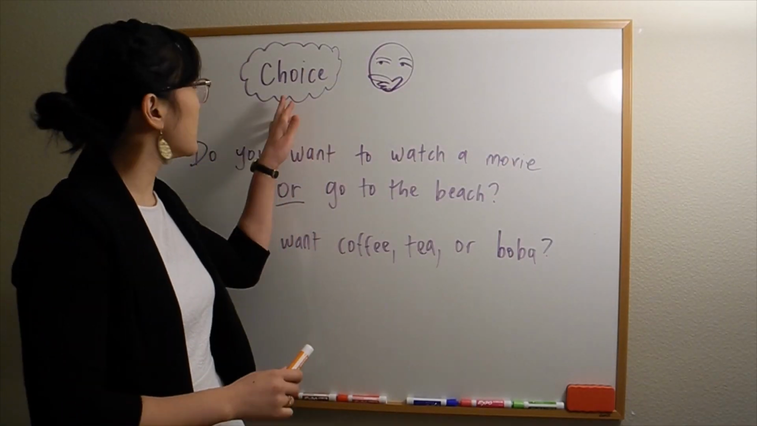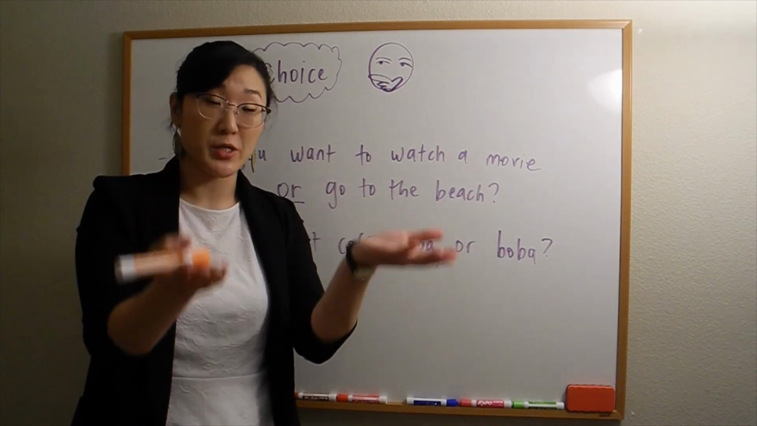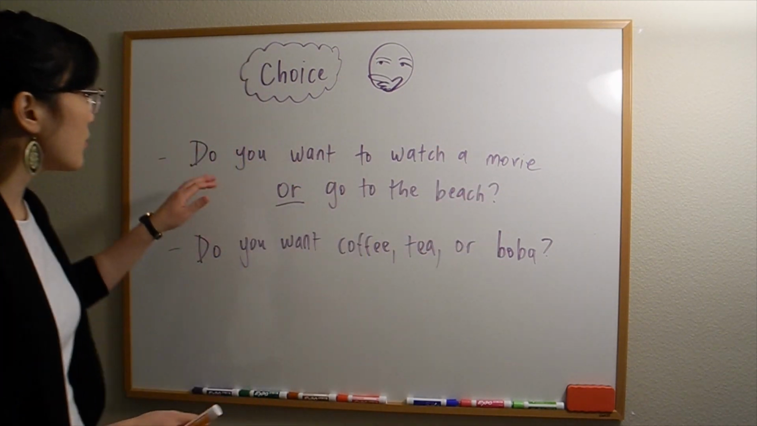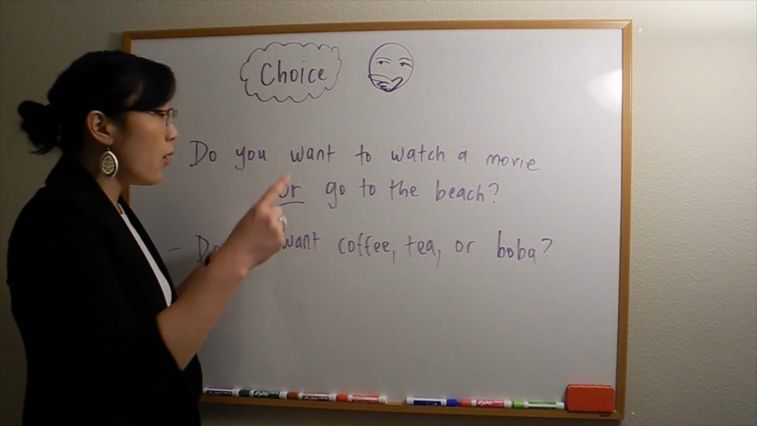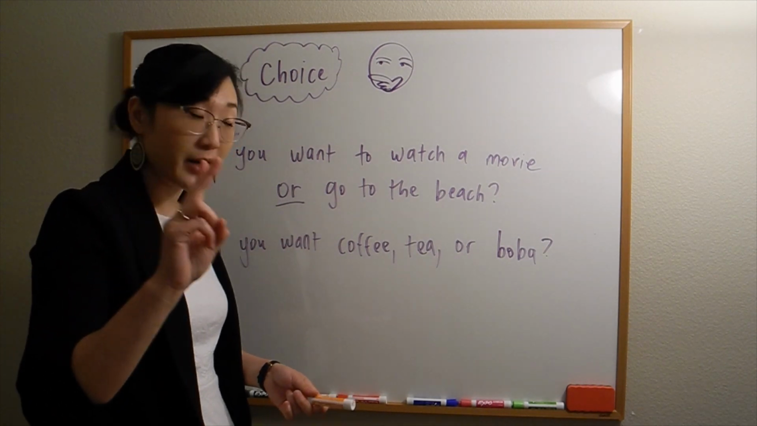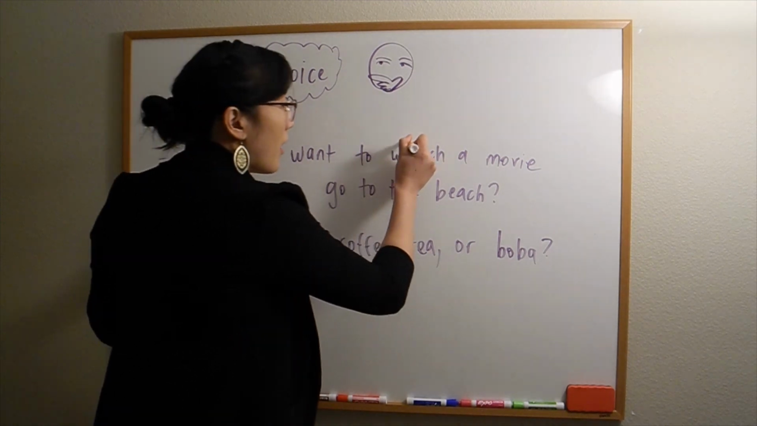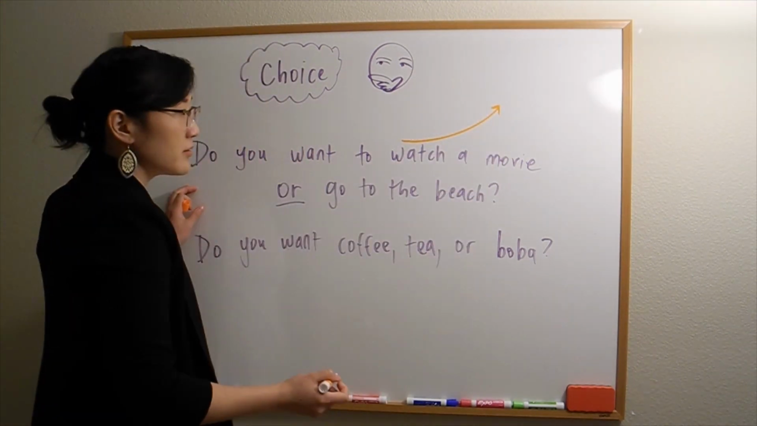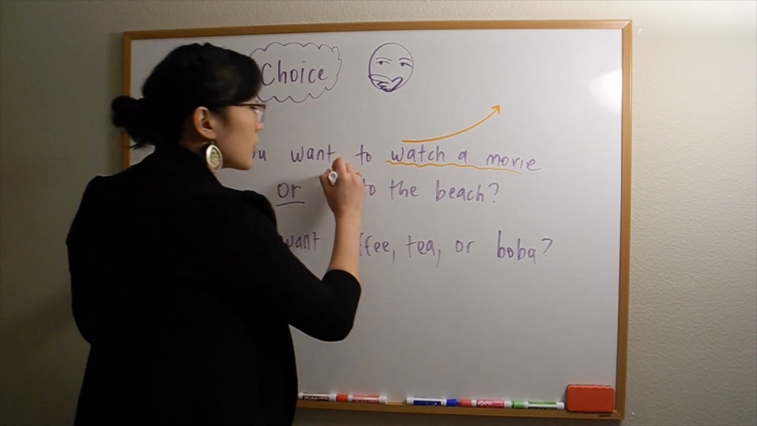If you don't know, a choice is when you have two or more options, okay? So I can ask, do you want to watch a movie or go to the beach? So you have two options here, right? For choice questions, you would go up for the first option. Do you want to watch a movie or go to the beach,